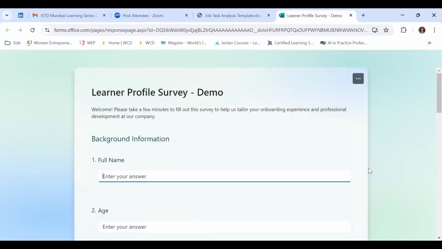Okay. I think you're not able to see this, so I will. Are you able to see the survey form? Okay. Yes, we can. So I created a demo survey form specially for this session, for this particular case study,